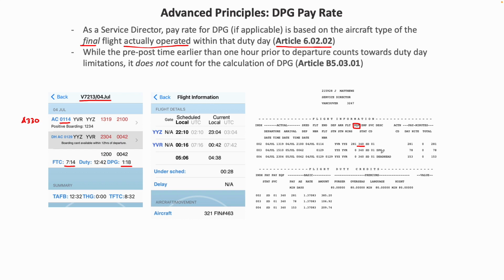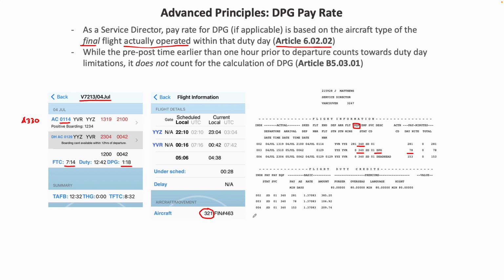And on our flight summary, we see the DPG entry on line 2. 1 hour and 18 minutes expressed in minutes is 78 minutes. So that's all accounted for there. And you'll notice that 340, so that would be the Airbus 330 in this case, is the aircraft type pay that's used for DPG. Even though, if we look at the information for flight 129, within Globe we see